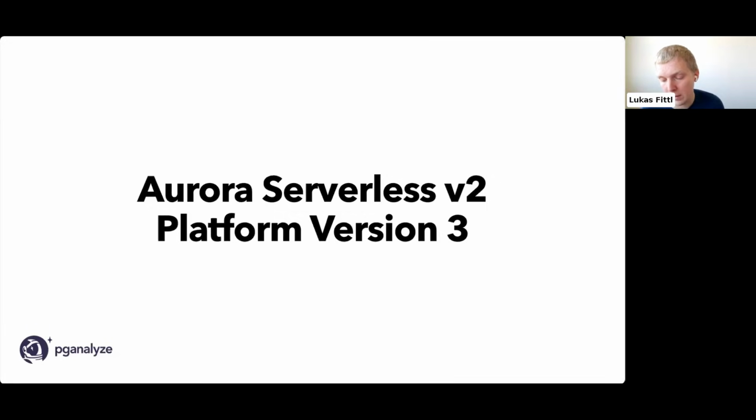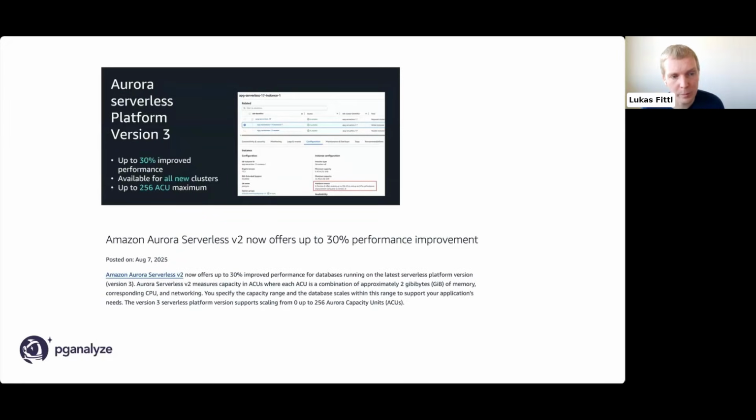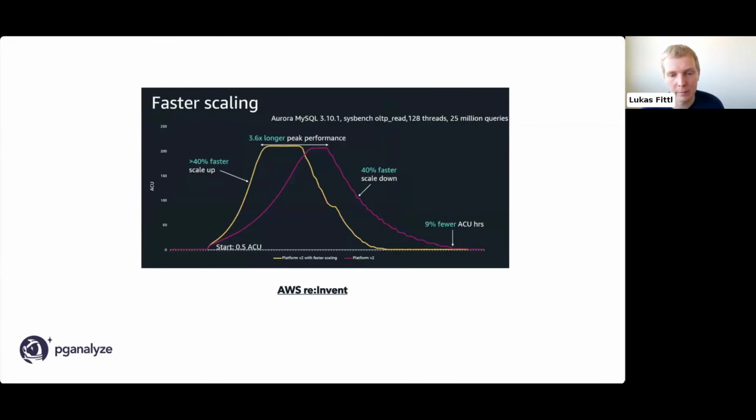But one thing AWS announced earlier this year was platform version 3. And so platform version 3 is basically you just get this automatically if you provision new serverless clusters in Aurora. And the main thing to know about it is that it basically offers faster startup times and faster spin down times. And basically, I think here they're talking about this as a performance improvement, but I found, again, this slide